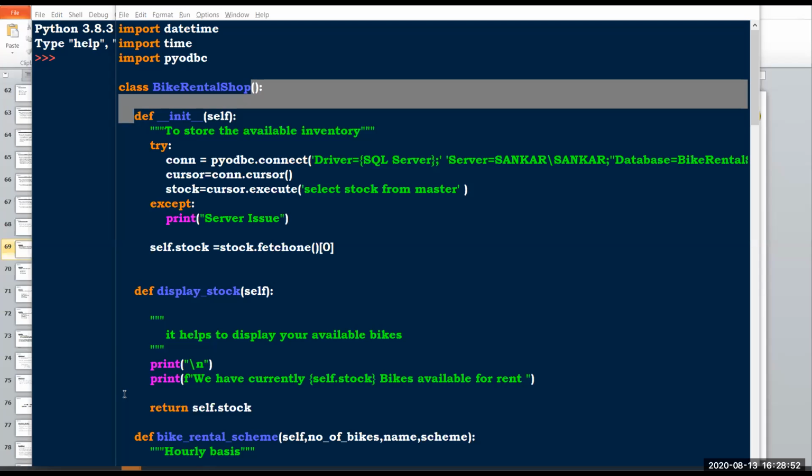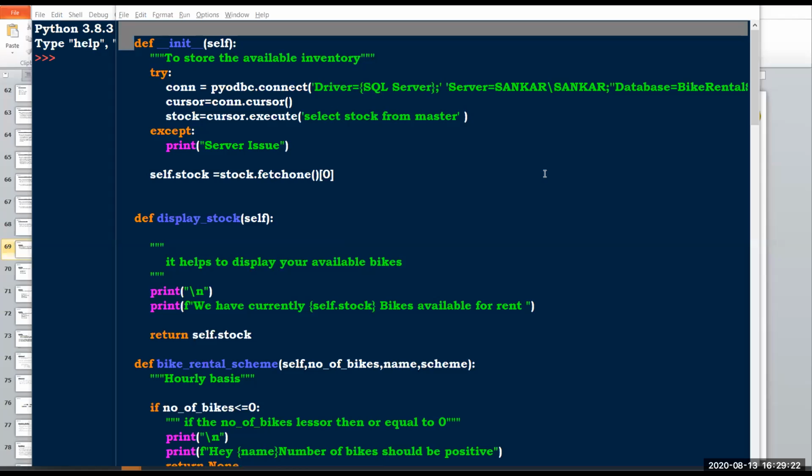If the person takes the daily based scheme and returns before the day completes, the person will pay the basic amount which is fixed in the daily based amounts.